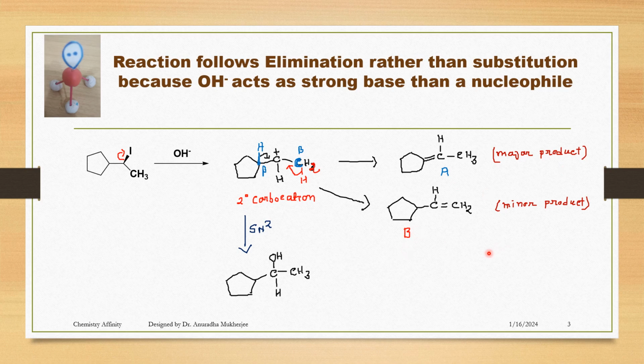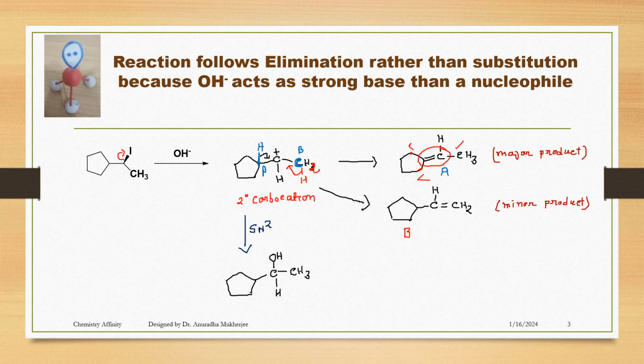Now let's understand why compound A is a major product. Compound A is the more substituted alkene, and a more substituted alkene has more hyperconjugation structures. So this is the alkene. This alkene has